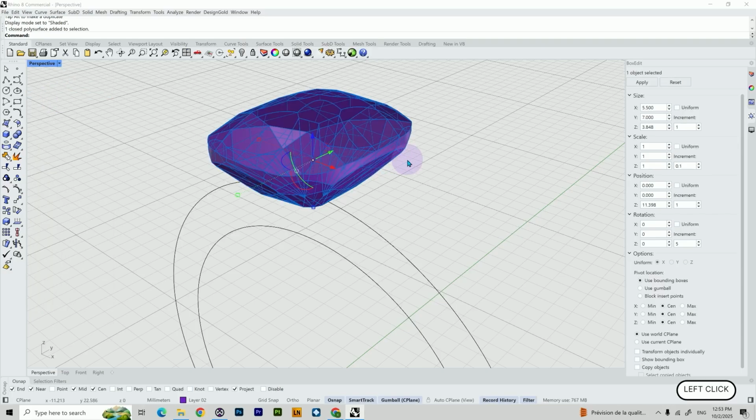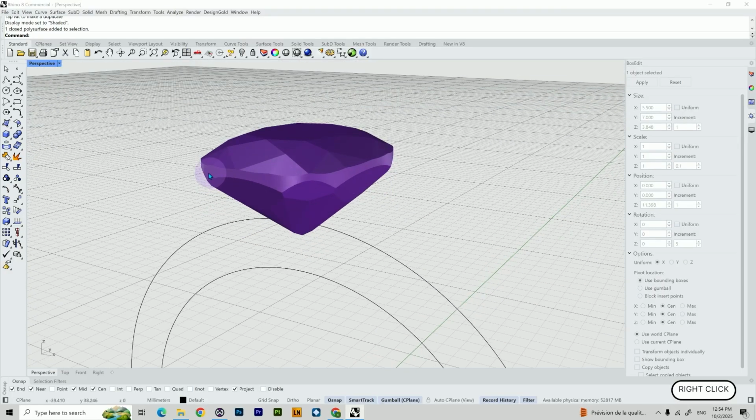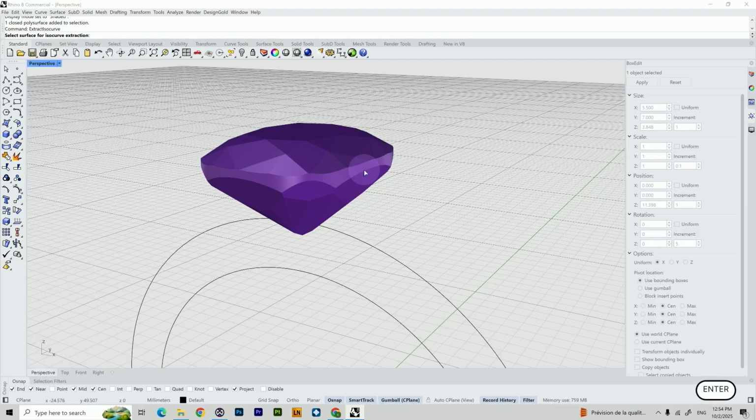I'm going to select my gemstone, and to be able to get the curvature of our gemstone, we are going to use a command called extract isocurve. Press enter, select the surface of the isocurve to extract, which is this one,